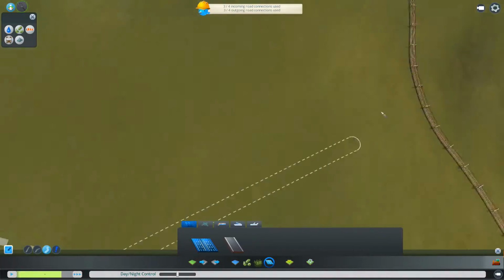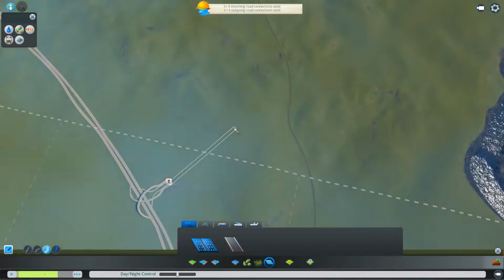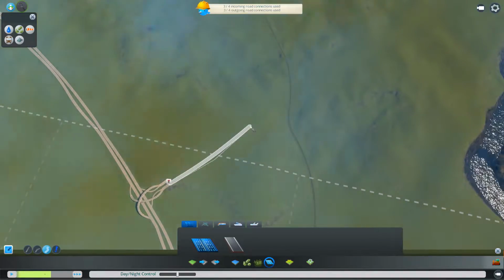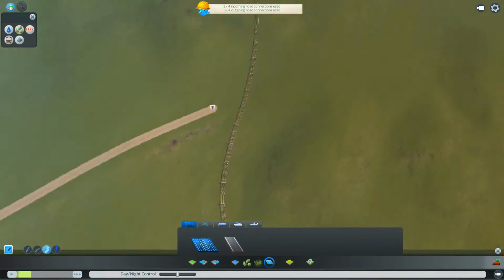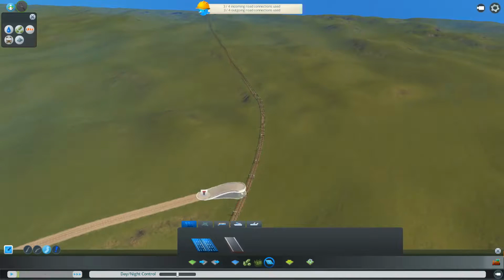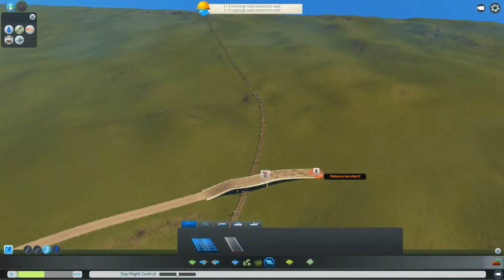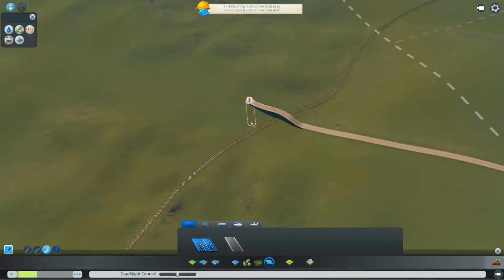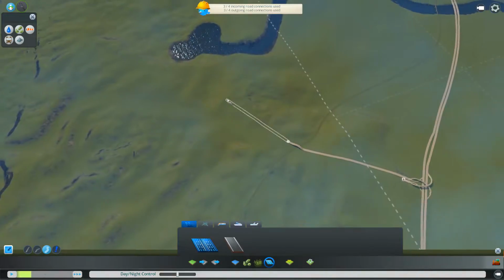So we're just going to see if we can get over the railway here. It's probably where it's going to get a little bit messy. Probably fairly short, and then